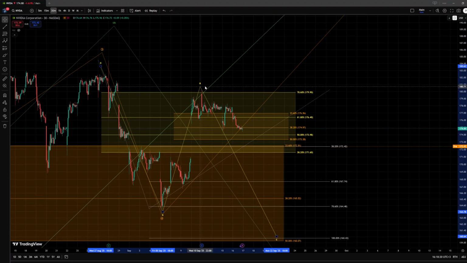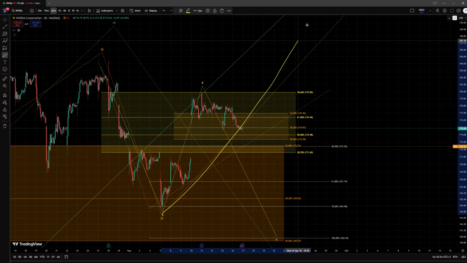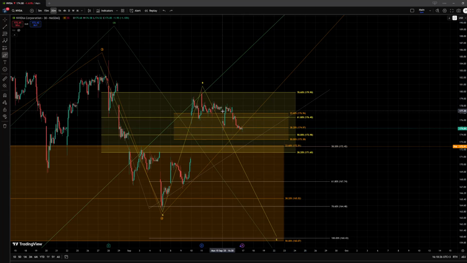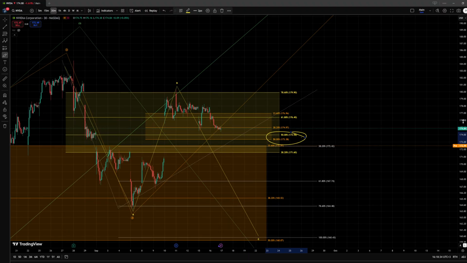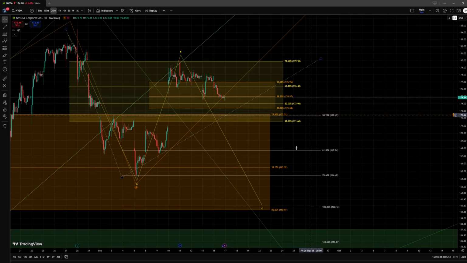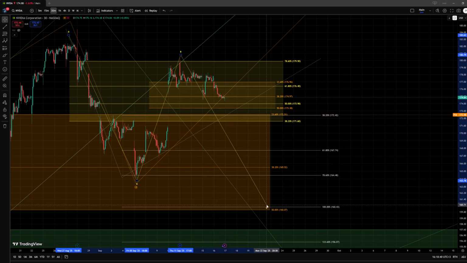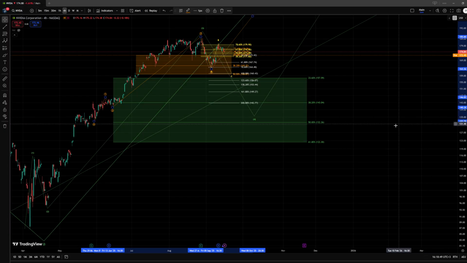A break above this wave B high would be a pretty good indication that we may push directly higher, but if we fail, and especially if we fail the 50% retracement here, it might be a further indication that we are looking for a reset here. Now, hopefully that will work out within the yellow scenario that would say, okay, this is the C wave to the downside. We then reset the wave 4 in orange, but we need to also have in our strategy,